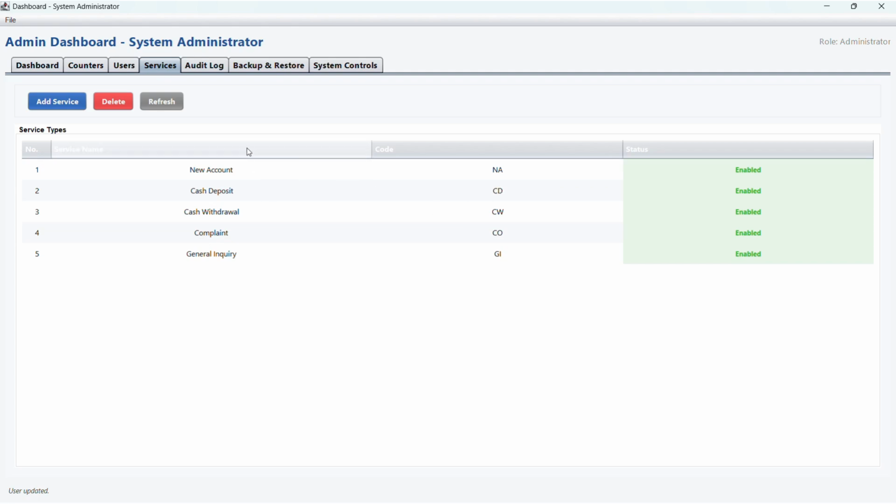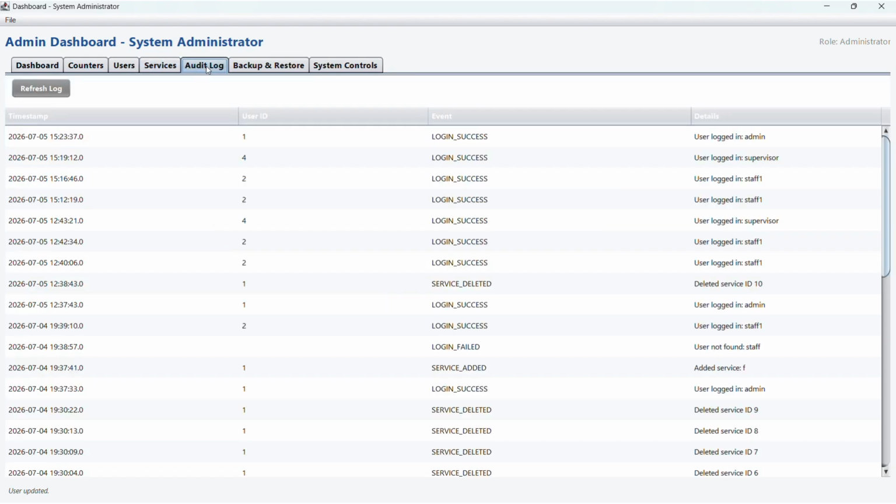Now let's move to the security. Security compliance is ensured through the audit log. This captures every event including login attempts, service changes, and system modifications with timestamps and user IDs.